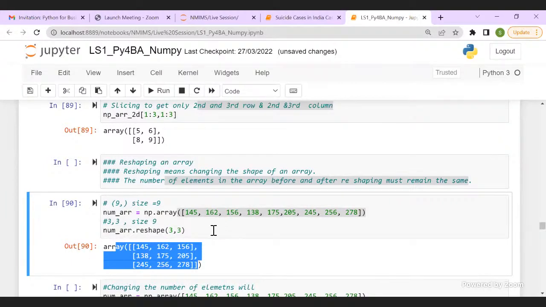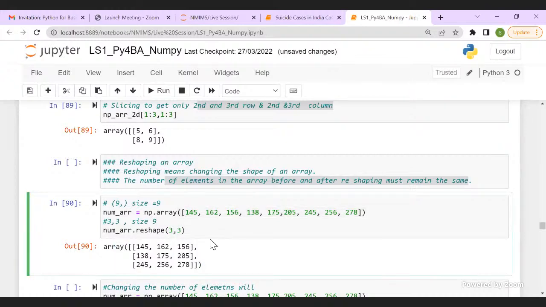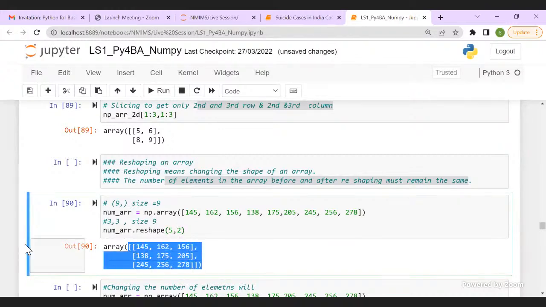What if I try to change the shape to one where the size does not remain the same? Let's say 5,2.